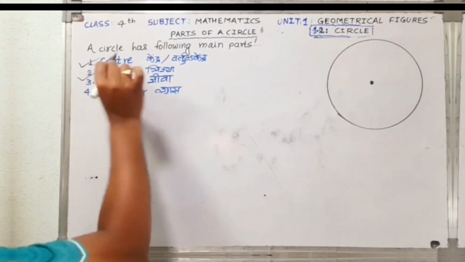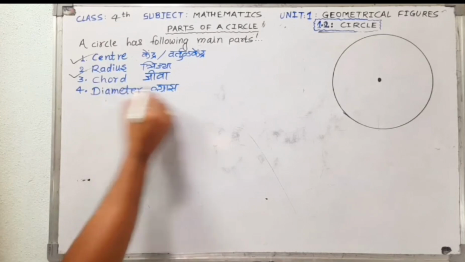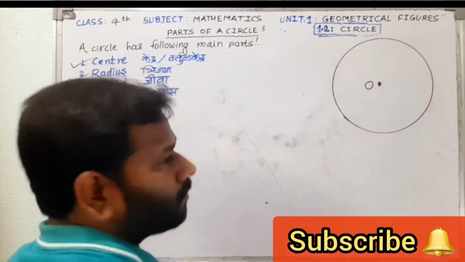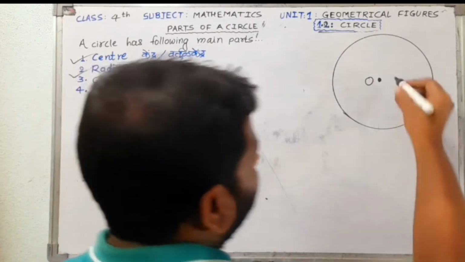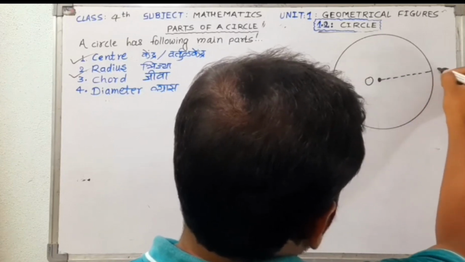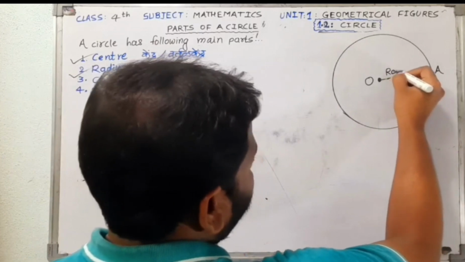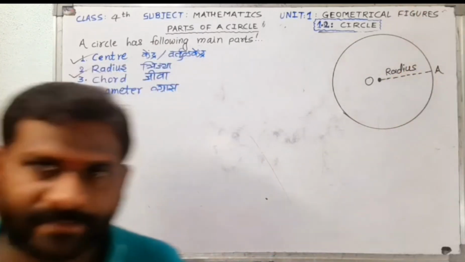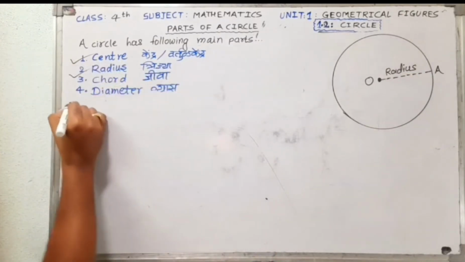We have completed the second part of a circle, that is radius, and now we are going to learn about the third one, that is chord. Now look at the diagram. What is O? O is the center of circle. Is that clear? Now, what is this point? Answer my question. This is suppose OA. Okay. OA is the radius of the circle. Correct? Done. So after this, we are going to learn the next one, that is chord.